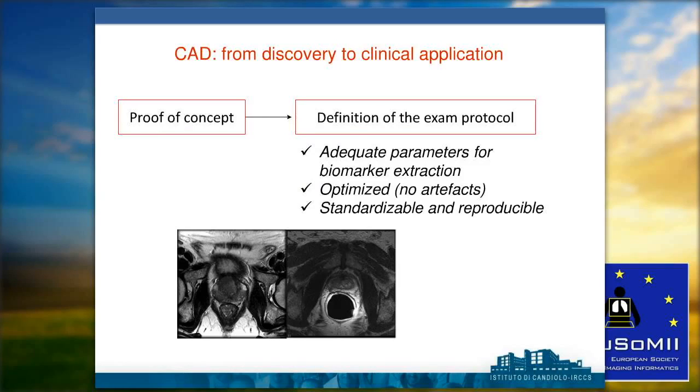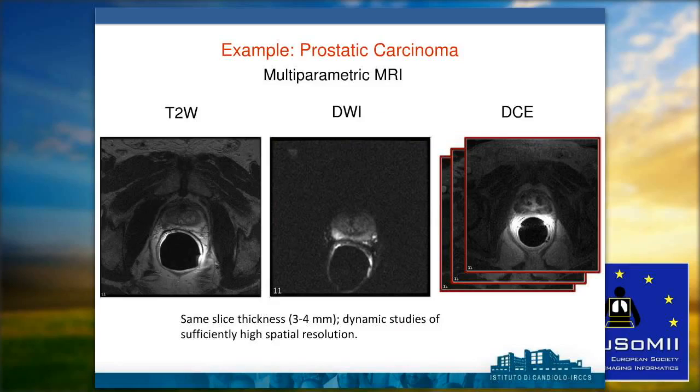Of course, the first step here is a bit more complicated than CT colonography, which has a very simple protocol. Here we have to define a protocol that is optimized, standardizable, reproducible, and adequate to extract biomarkers. Just to give you some examples, the T2 weighted image and